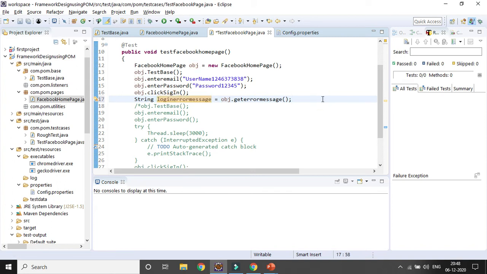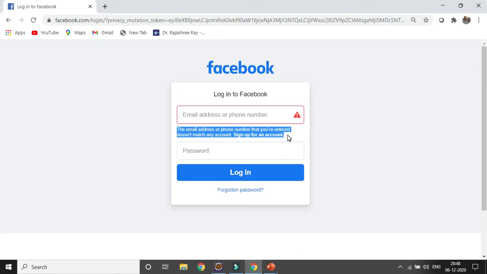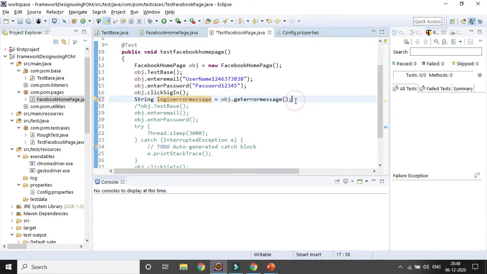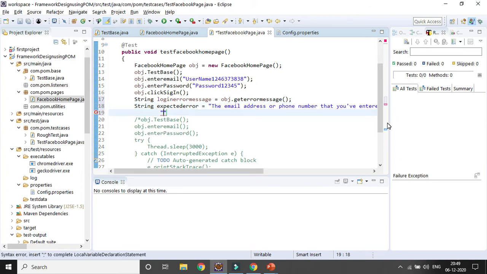After that, I want to validate whether the error message that is coming matches with the expected error message or not. So I can store it in another variable, a string called expected error, and in that variable I am storing that error message. So that error message should actually come.